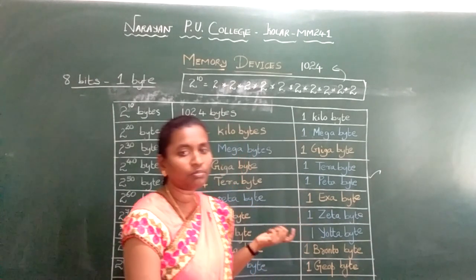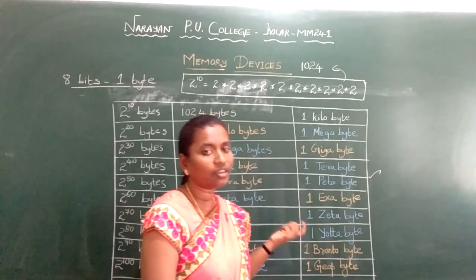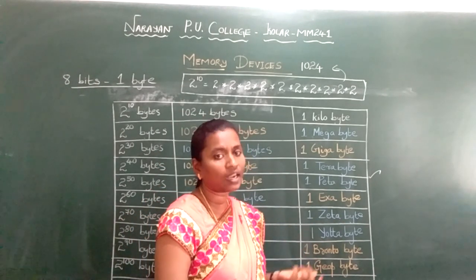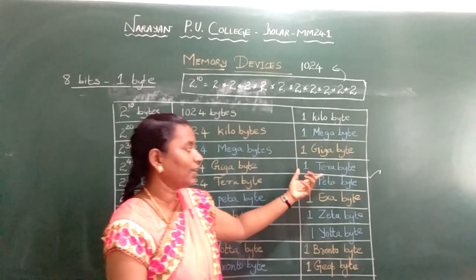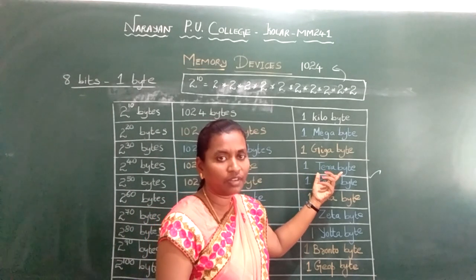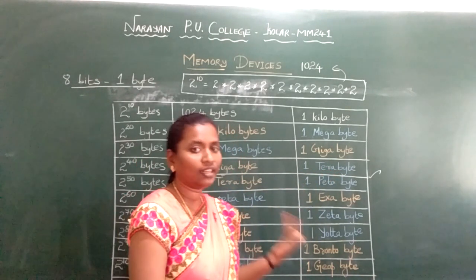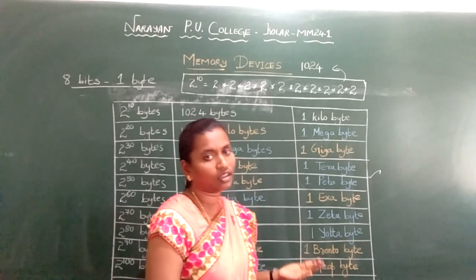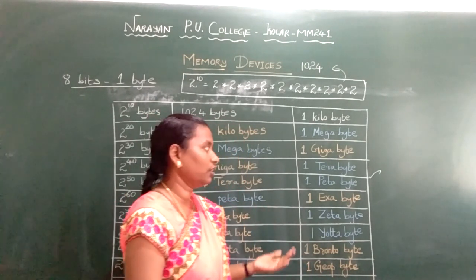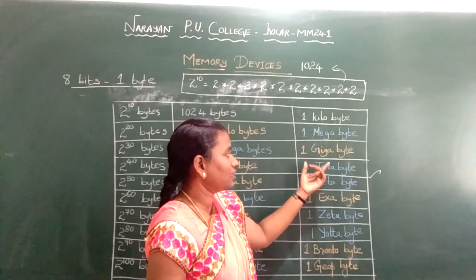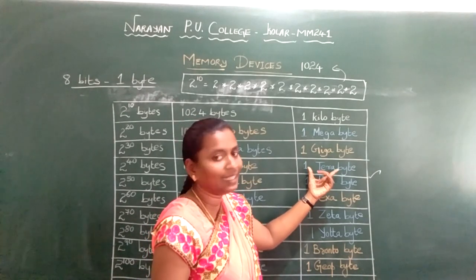So if your computer's hard disk capacity is 500 GB and you want to enhance it, you can buy a hard disk separately, and you will get it in TB also. Even the cost has been reduced. Compared to the past 10 years, the technical and electronic fields have grown a lot. Usually it was in GBs, now it is in TBs, terabytes.